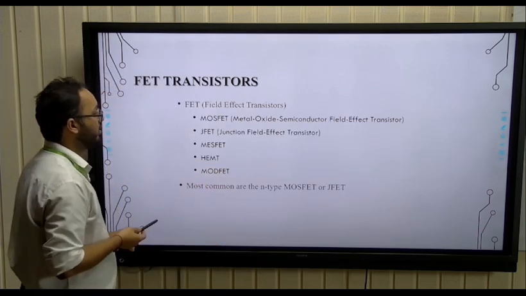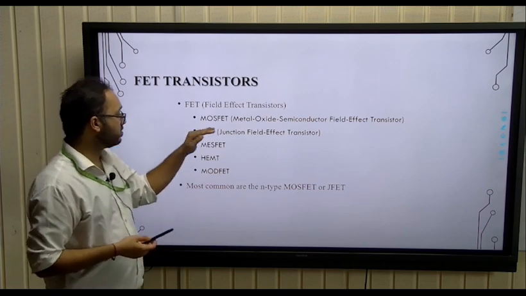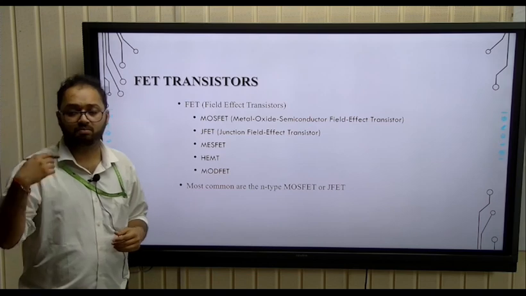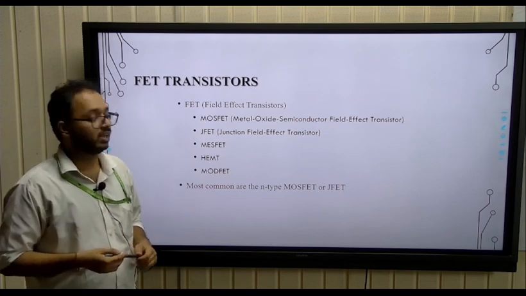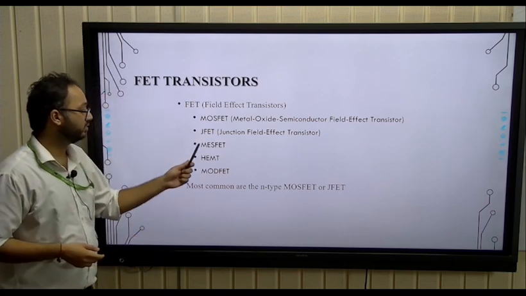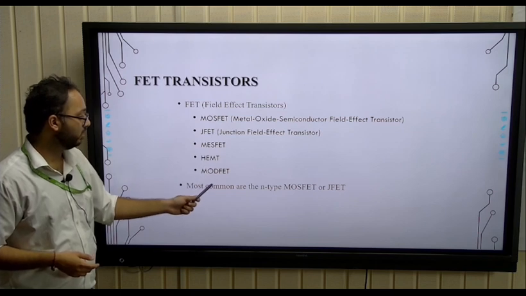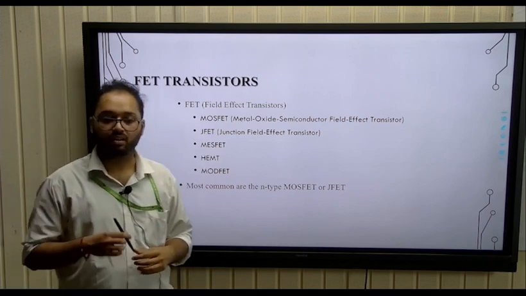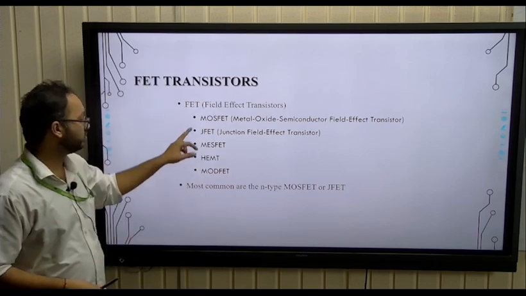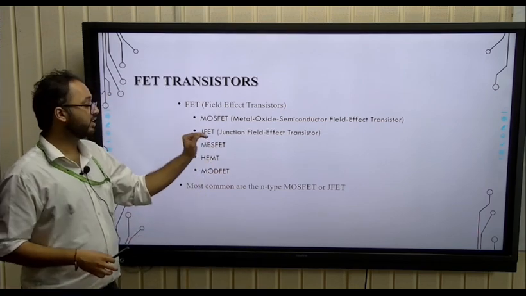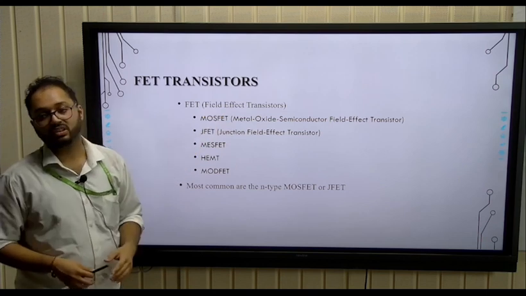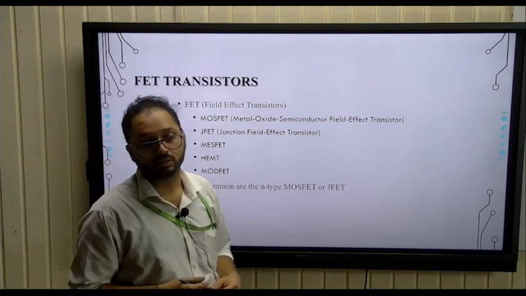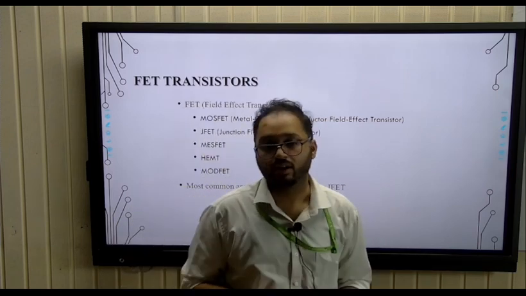Now, FET. FET is of 4 or 5 types. There are also many new types. Like if I am talking about MOSFET, JFET, MESFET, HEMT, MODFET. So these types are very rare and mostly the used ones are MOSFET and JFET. Even JFET has been reduced, only MOSFET is mostly used. Now the upcoming technology is working on FinFET and NanoFET.